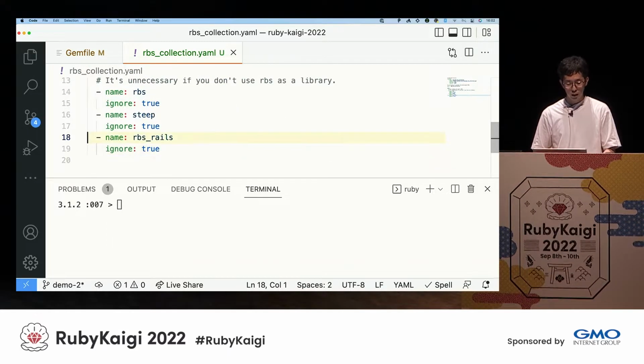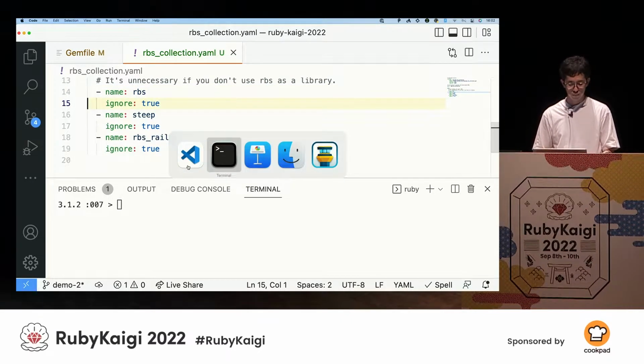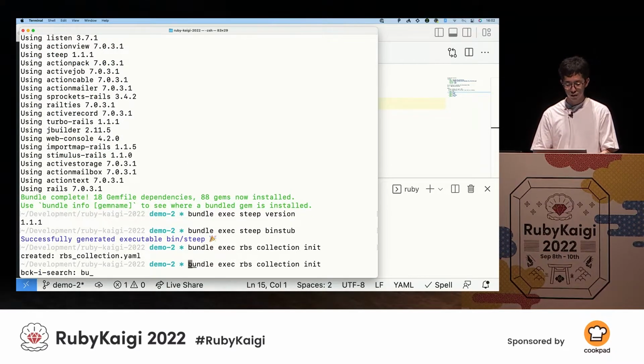In this case, we don't need the RBS type signature of the RBS gem itself or Steep itself, or RBS Rails itself. So we add the ignore list. And then